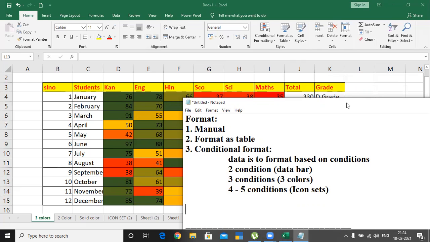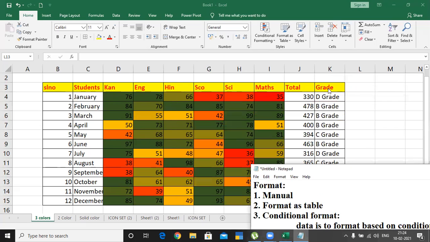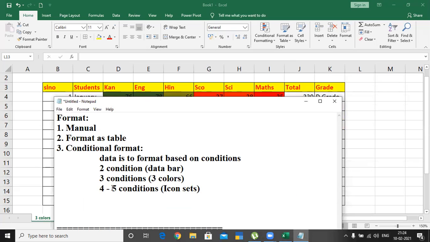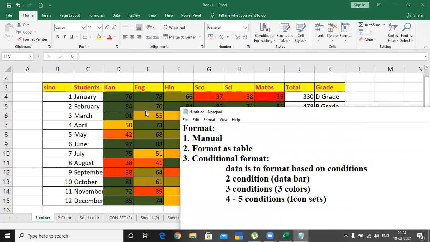Understood, ma? Here I did not take that average column. When you would like to format that average value, then set that percentage and format it. But here, it's completely value based. So that's why I've selected only the value based condition.